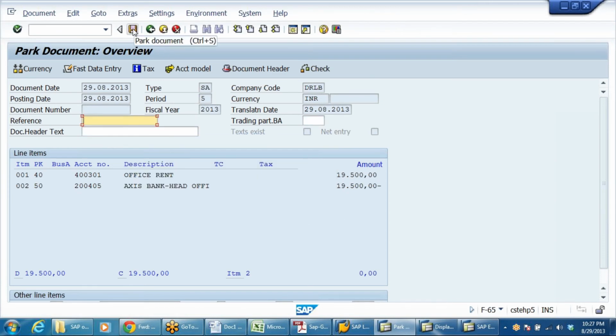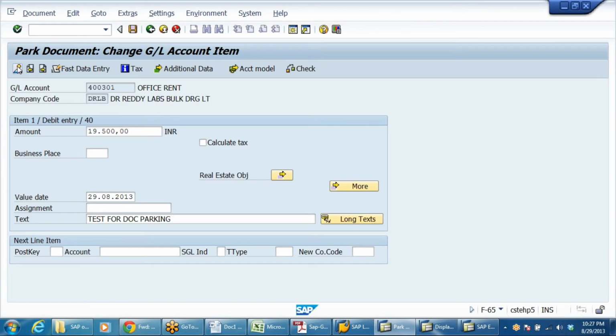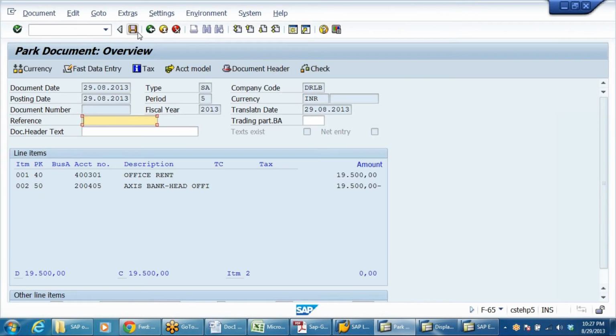Here, if you see, park document. It is asking us to park it. Previously, if you go to F-02, it will show you as post, but here it is park.